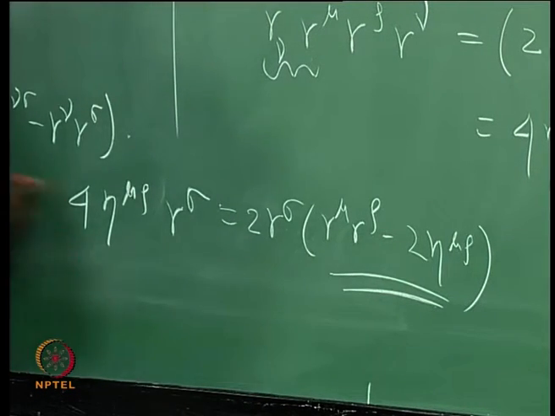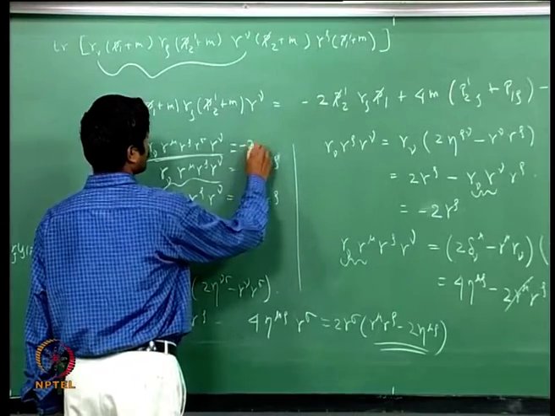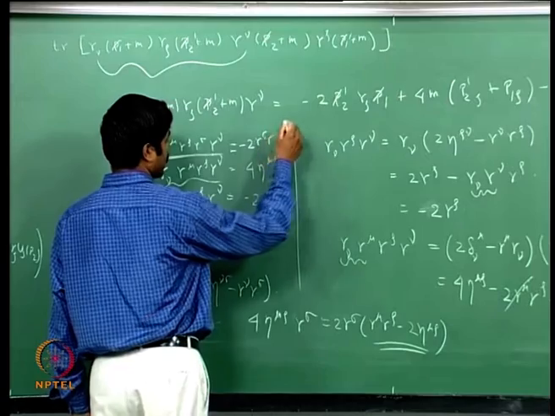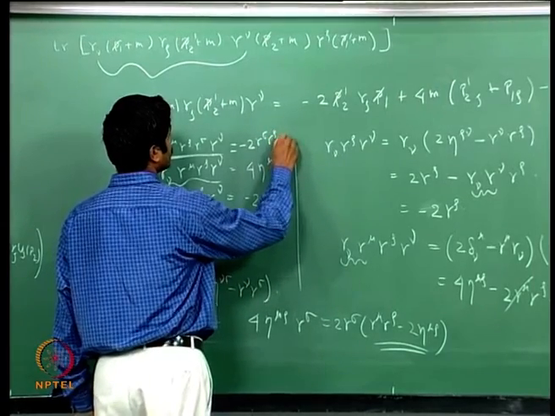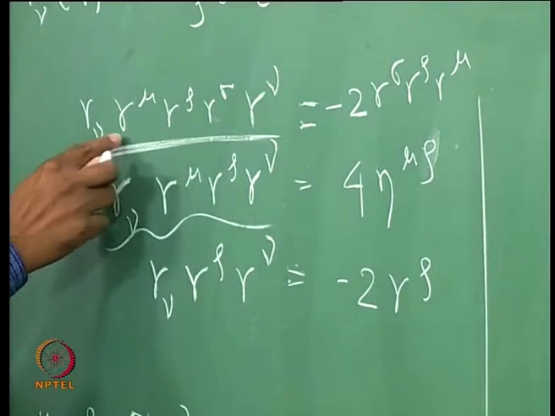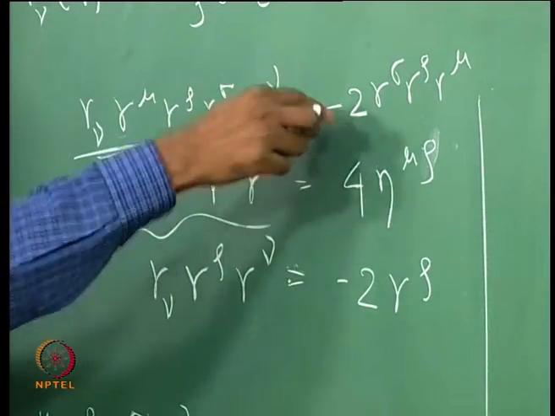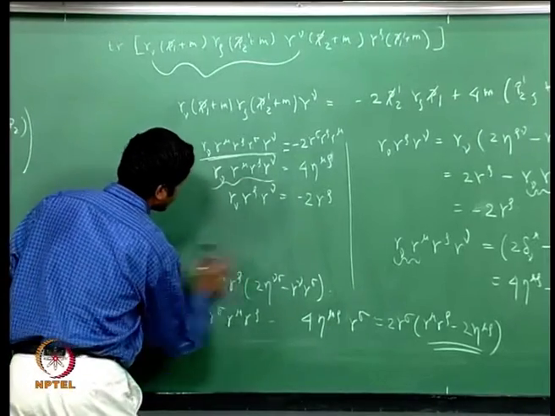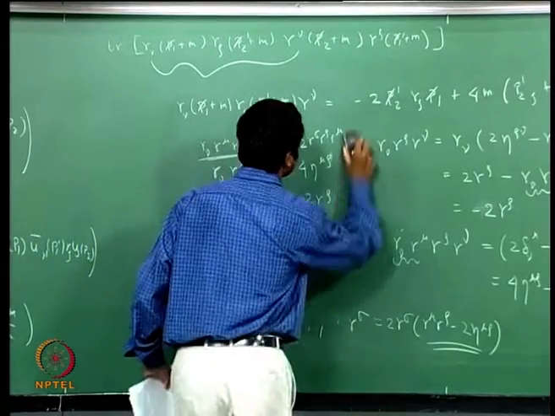So, what you get here is minus 2 gamma sigma gamma rho gamma mu. So, this order here is flipped and you get a minus 2 factor. So, we will use these 3 identities repeatedly, and then